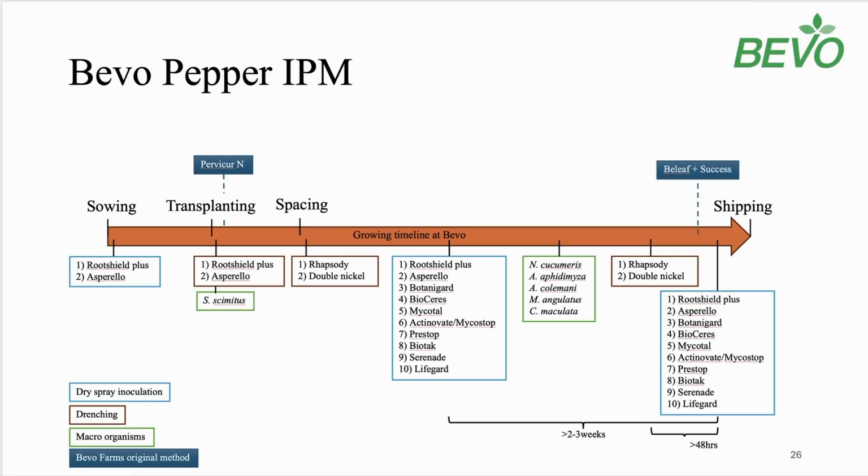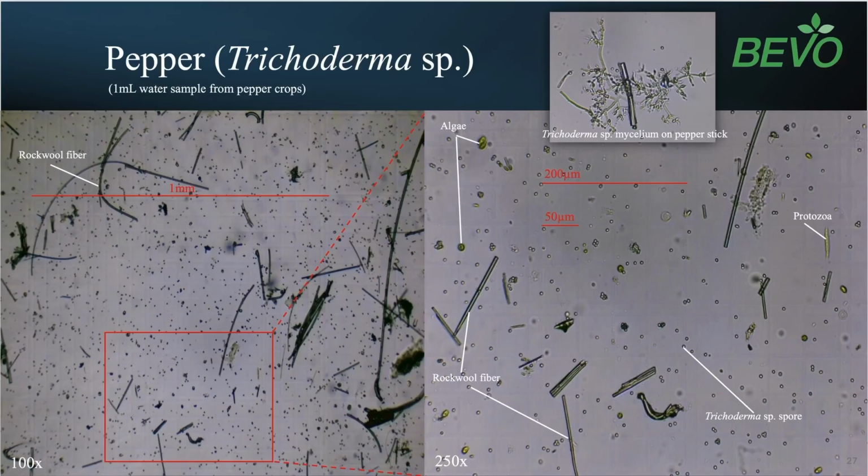So I'm not going to go through every single thing. Feel free to take photos of all the products. I believe TerraLink has most of the products in here. Those are the products that we implemented this year for our pepper growing season. So the fun part: we apply all these things. How do we see them? Now this is where our microscope work comes in handy. This is an example of Trichoderma in pepper in